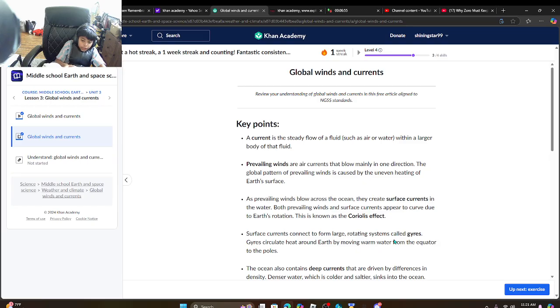Both prevailing winds and surface currents appear to curve due to Earth's rotation. This is known as the Coriolis effect. Surface currents connect to form large rotating systems called gyres. Gyres circulate heat around Earth by moving warm water from the equator to the poles. The ocean also